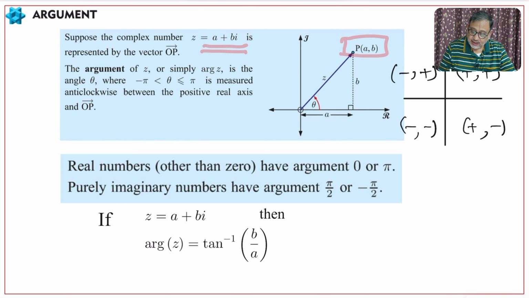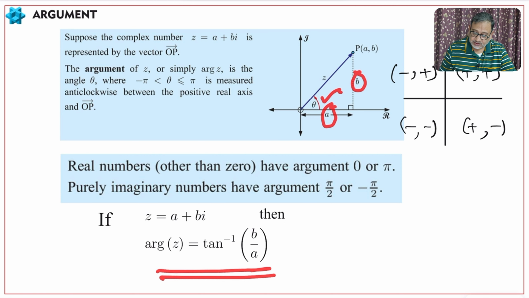Then the angle formed by this vector, as I told you earlier, a complex number can be represented by a column vector a and b, which is in the first quadrant, a vector starting from the origin until P. Suppose this is the angle theta with the x axis, then the opposite of theta is b, adjacent of theta is a, and you can represent it by tan inverse. Argument of z is tan inverse of b by a,